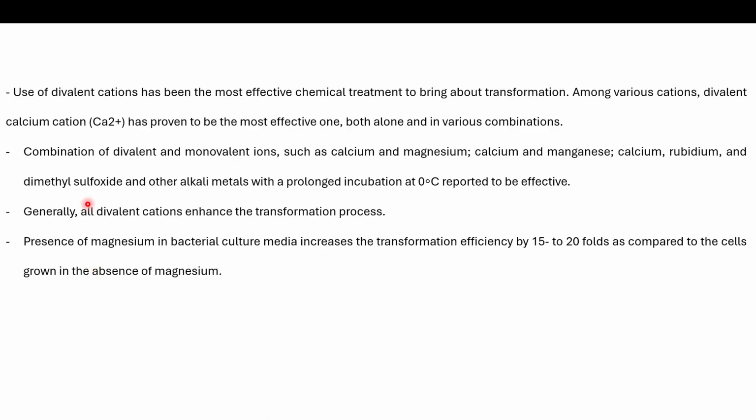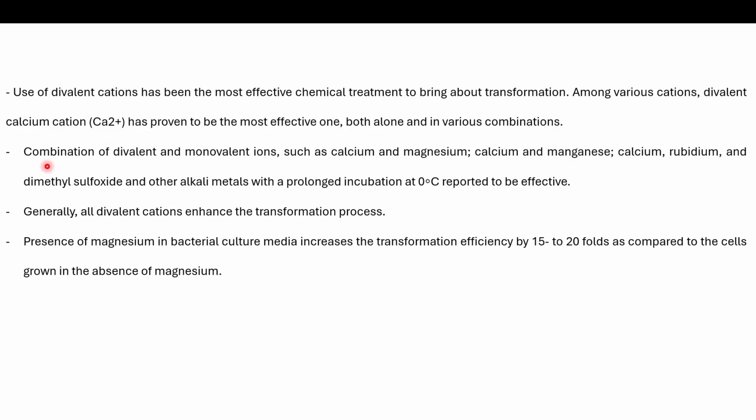Now, the use of divalent cations has been the most effective chemical treatment to bring about transformation. The process of delivering any kind of foreign DNA inside a host cell is called transformation. Among the different cations, divalent calcium cations have been found to be the most effective one. Either calcium salts alone can be used, or in combination with other salts like